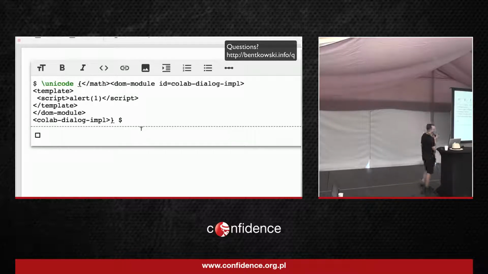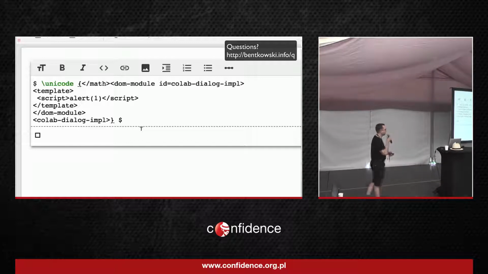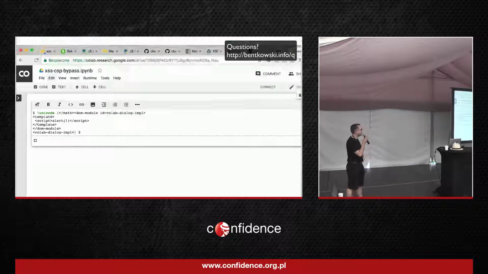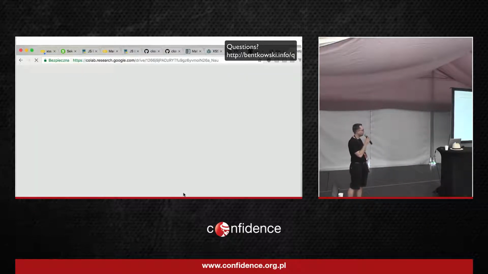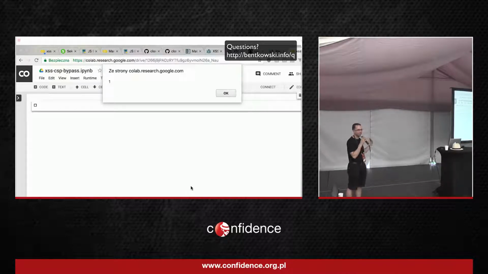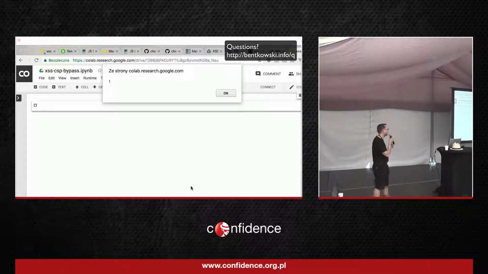I also added here the Colab dialog imp element by myself, so that the XSS executes without any user interaction whatsoever. So I will just refresh the page, then I don't have to do anything, and as you can see, here's an alert.